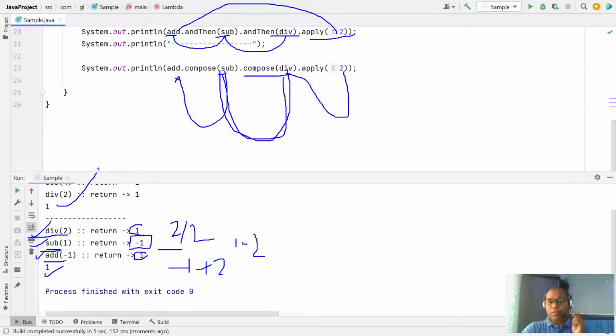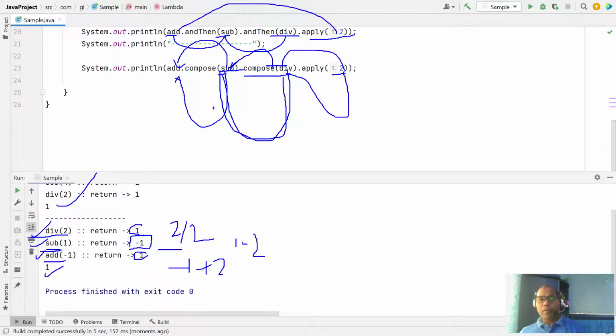But in the case of compose, first your input is passed to your last function, division, and whatever division returns is passed as input to the sub function, and the output of the subtract function is passed as input to the add function. So this is the reverse, you can say.